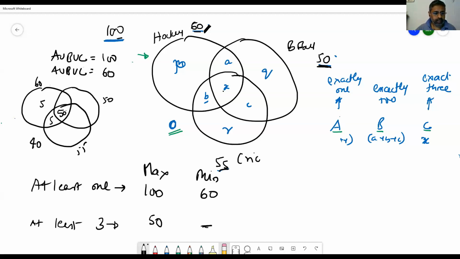And at least 2, at least 3. That is also at least 2. At least 2, we'll have to have a method to find that out. So these 3 areas we'll try working out, and then you'll get a hang of it. Before that, this method will not work. Why? Because if you use this method, what is that?